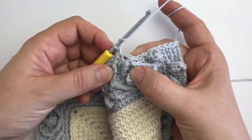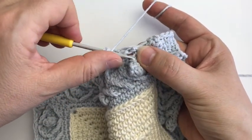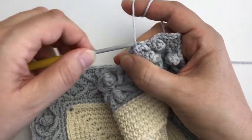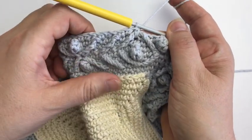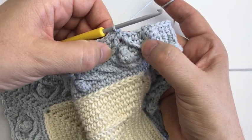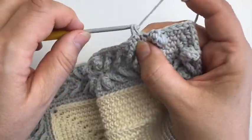And now instead of making a front post HDC here at the top of the popcorn, you could, if you wanted, also do an HDC, and you insert into those top loops just like you did for the double trebles, and then you make a front post HDC as well. You see, that closes the gap here, and it gives that diamond shape a distinct hook or a distinct point here, and then 3 single crochet,